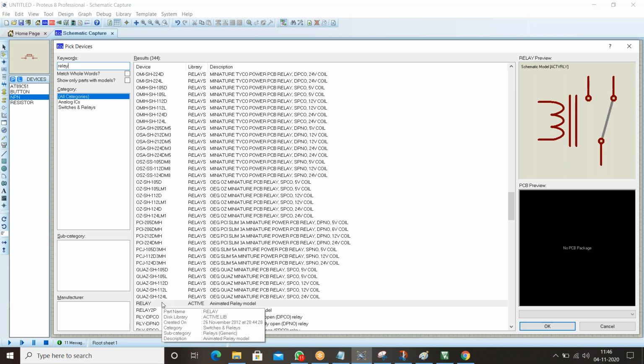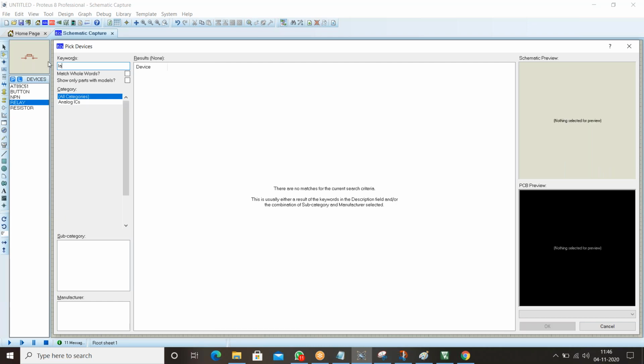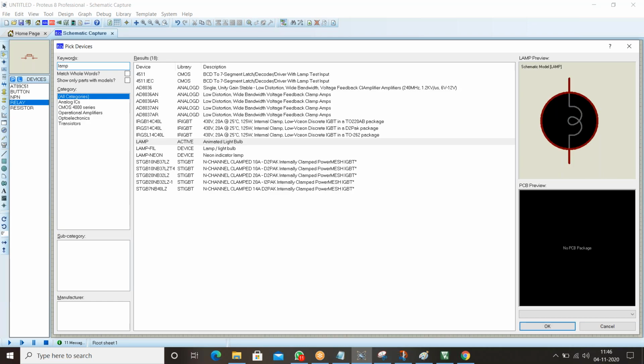Double click on this relay, and we are going to control the lamp. Lamp, active animated light bulb. Try to select this.